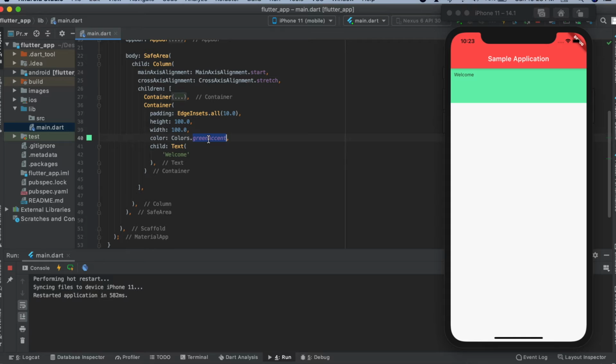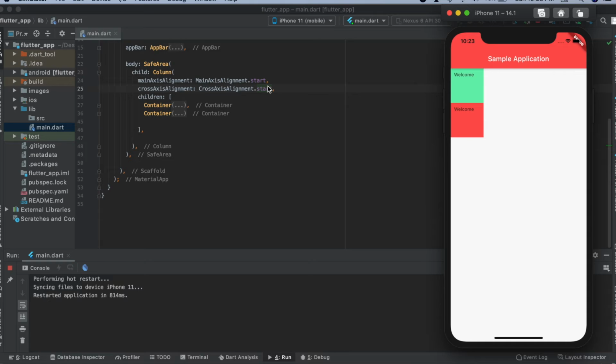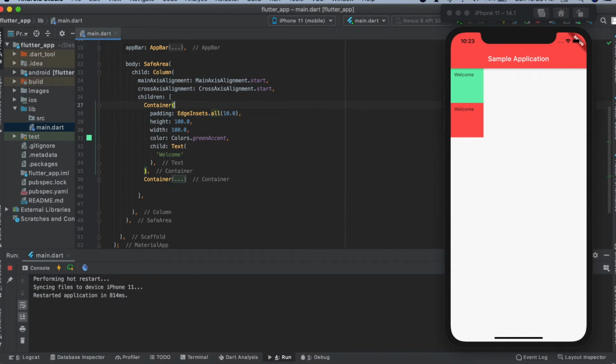I'll change the color here. I'll change it to red accent. So we have this, and we have start. I'll do it from start only. So it would be like a box. Then I'll give the margin.